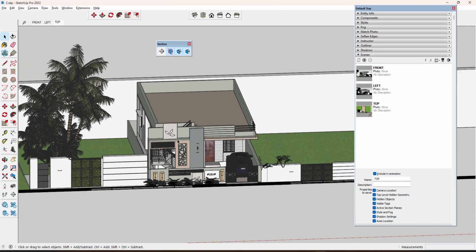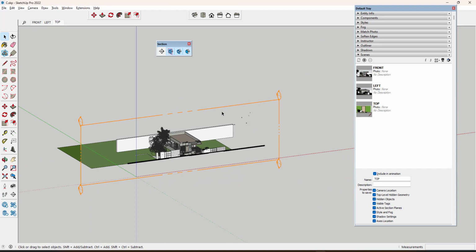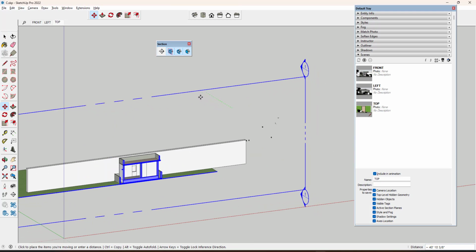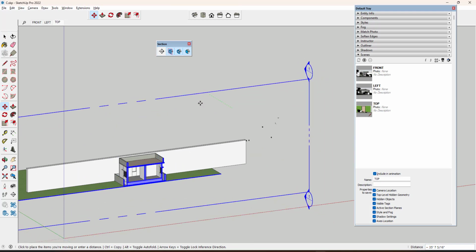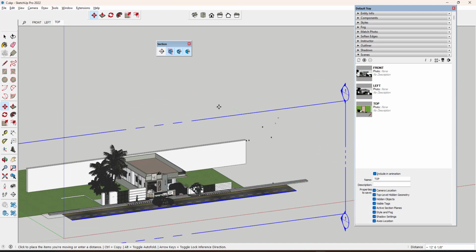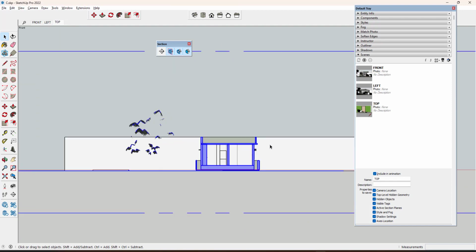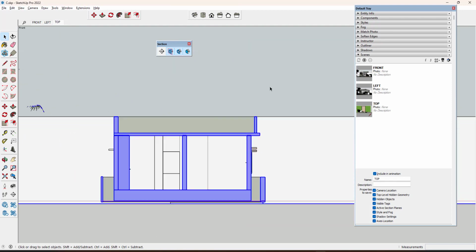Once you click, you will get a symbol like this. You can move it to get the section view at whatever depth you are able to present. Depending on the requirement, you can switch like this and then click on the front view and produce the cut view to the client. Now we have the display section plane.